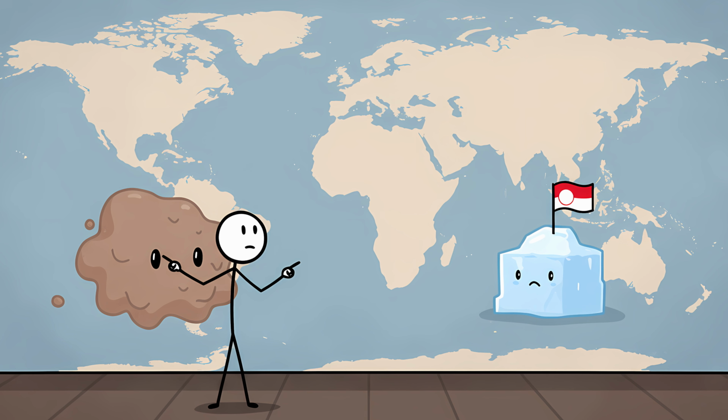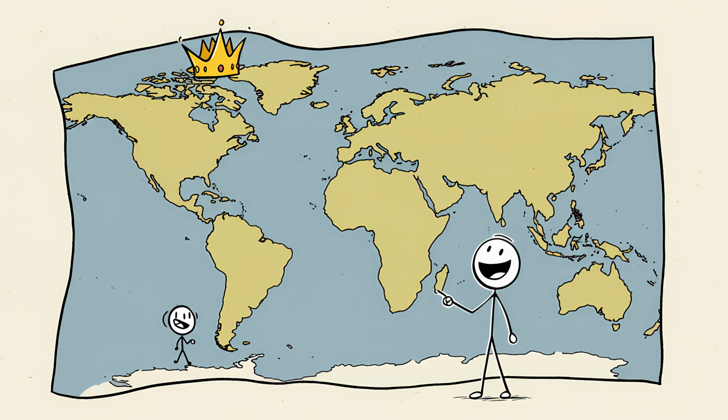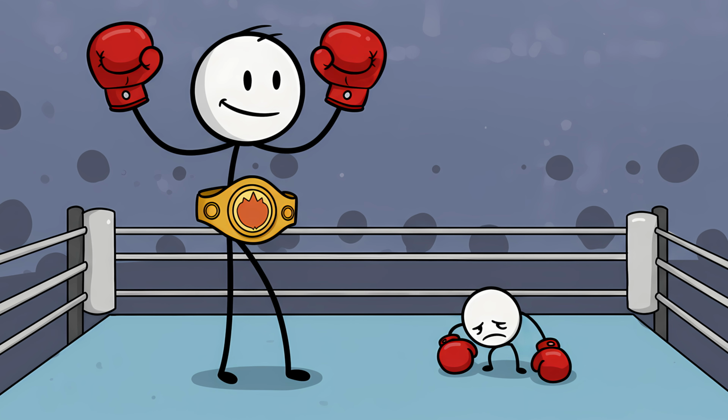Greenland, which is basically an ice cube with a flag, looks the same size as Africa on most maps. Reality check. You could fit 14 Greenlands into Africa. The distortion is so bad that people grow up thinking Europe is this big, dominant landmass, while Africa is just kind of hanging out down there. Nope. Africa is gigantic. It's like the heavyweight champion of landmass, but the Mercator projection makes it look like a